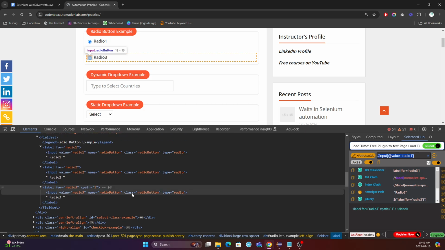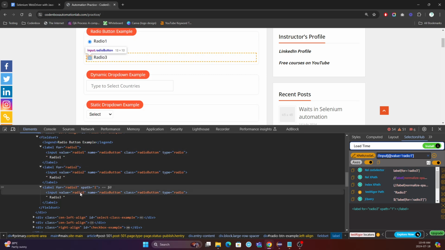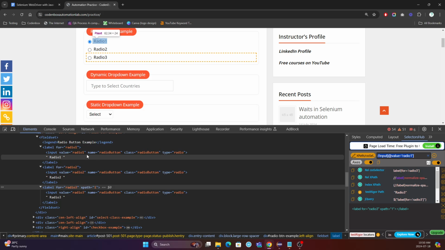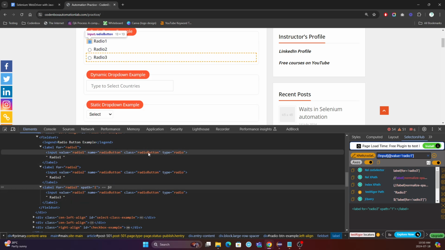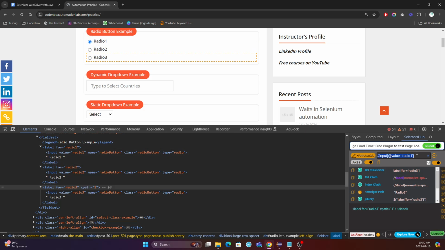Name, value, class, type. Name, class, and type, these three attributes are all the same, like a radio button where the type is radio, except the value attribute, which is different: radio 1, radio 2, radio 3. So if you want to use any attribute other than value, say class, you'll see if I want to use a class,